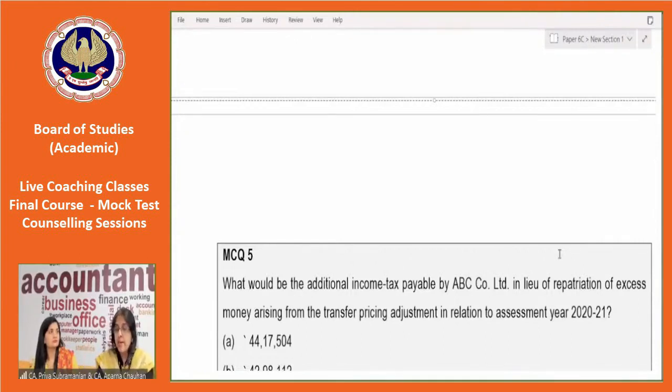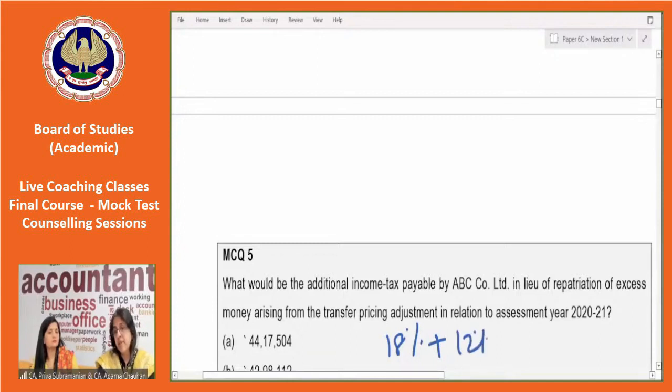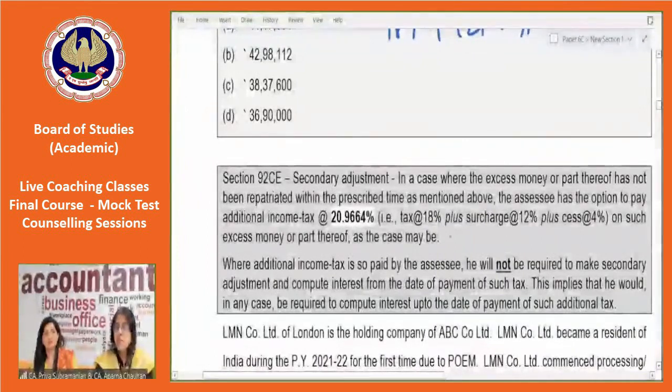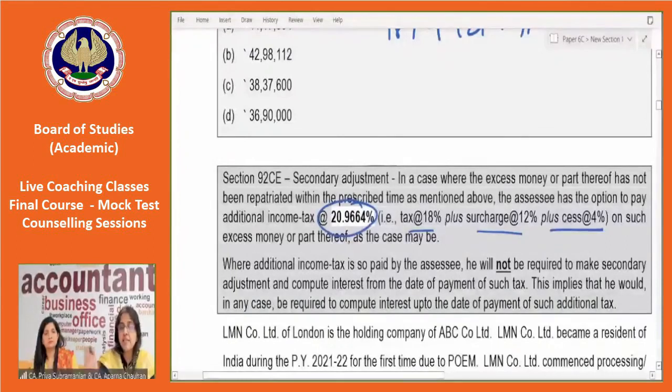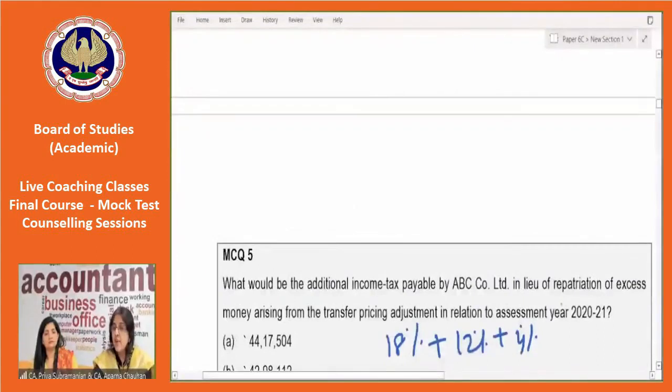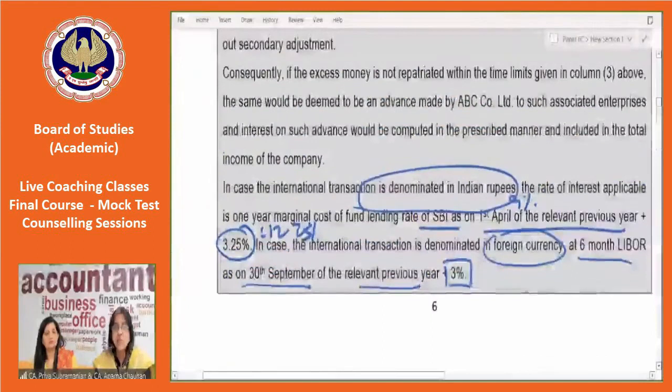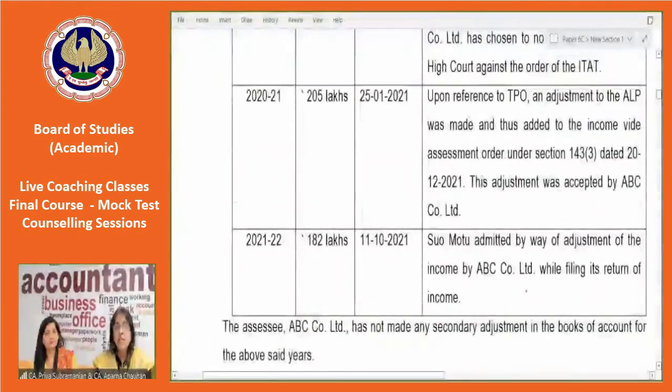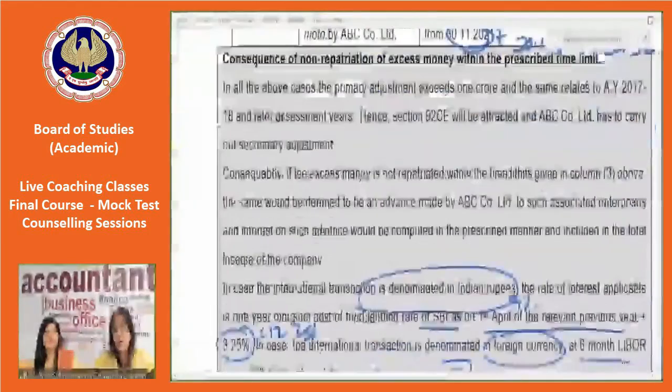But how do you compute it? The rate which is given in the Act is 18% plus surcharge at 12% plus cess at 4%. So this comes to 18%, surcharge 12%, cess 4%, it comes to 20.9664%. This I'll have to apply. So it was asking specifically for assessment year 2021. What is the transfer pricing adjustment for that year? Transfer pricing adjustment for assessment year 2021 is 205 lakhs. So 205 lakhs